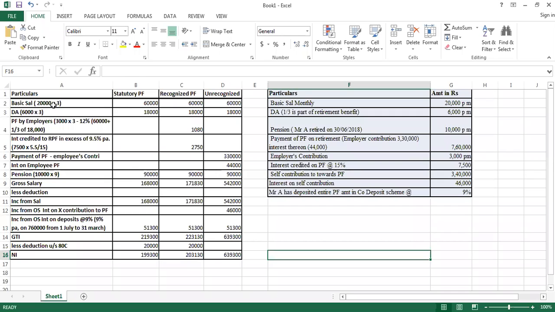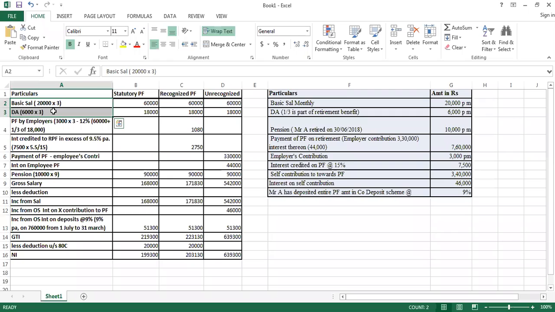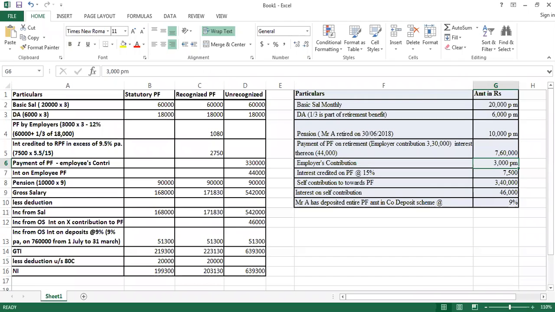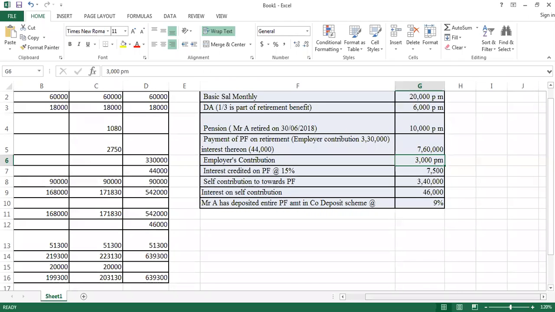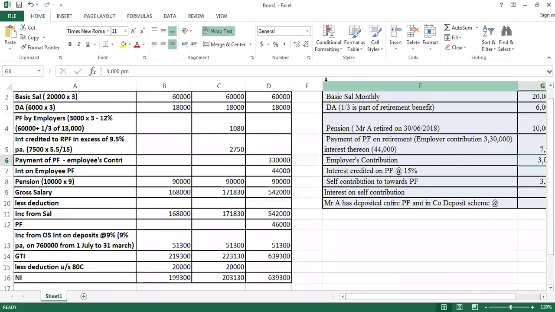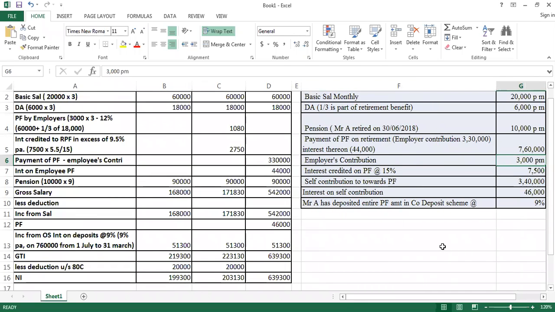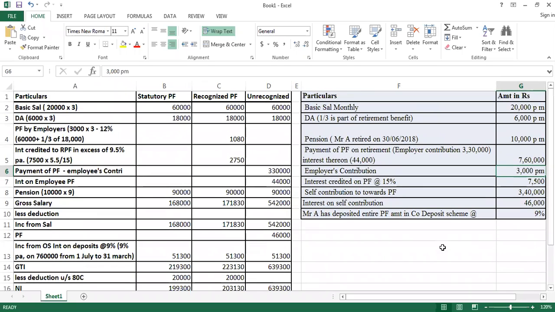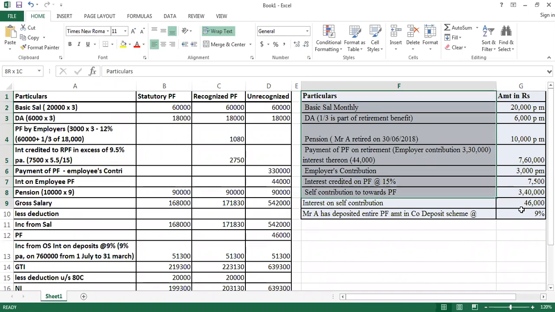So the first two parts are done. Salary and DA are done. I will not explain this once again. We'll come to PF. Now, what is the employer's contribution to PF? It is 3,000. Is it visible to you now at least? Yes, sir. No doubts, right, in seeing the visuals of it? No, sir, it's visible. Now, we are going to calculate the employer's contribution. Can you see the cursor here that I'm moving? Yes, sir.